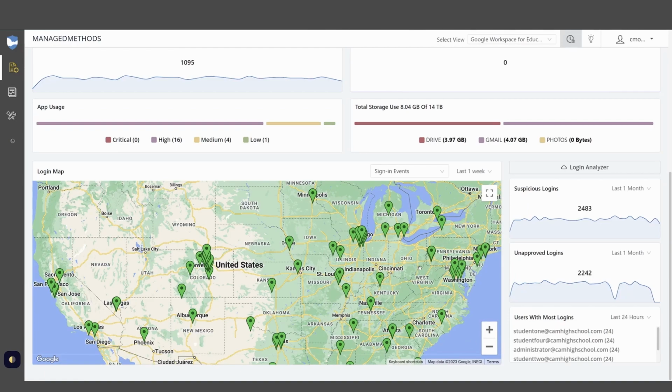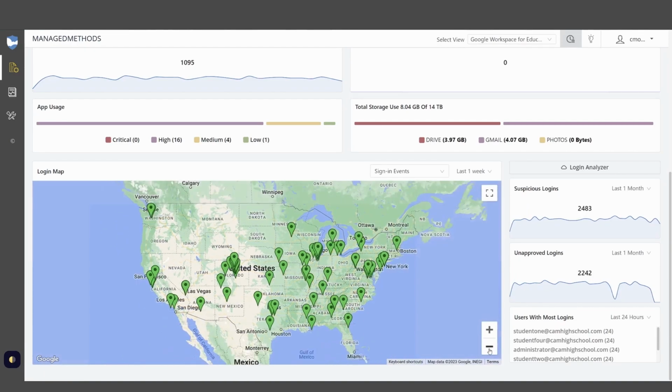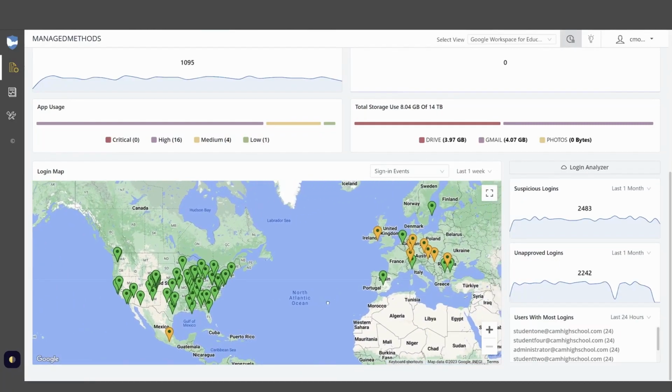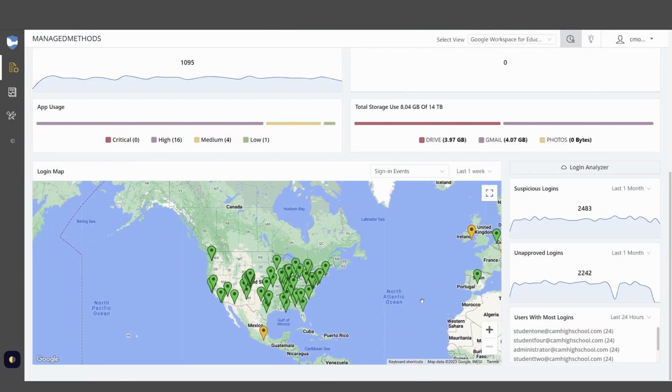Also keep in mind that by default, the platform is looking at all login events. So you're going to see logins that were successful, logins that were failures. You're going to see logins throughout the United States, potentially especially. So do keep in mind that just because somebody logged in from somewhere that's not your exact state or your geographical region, IP address